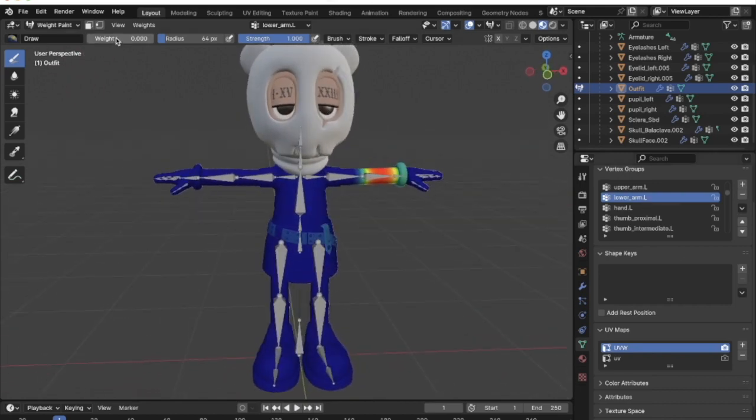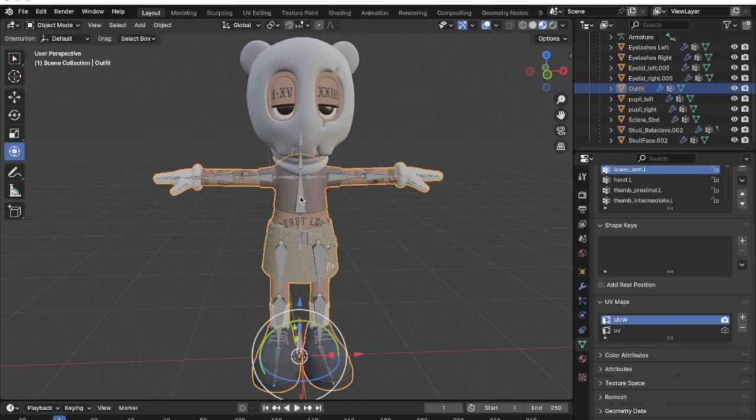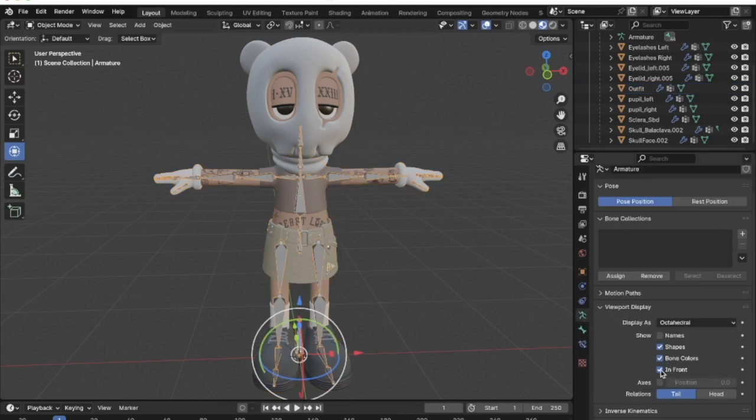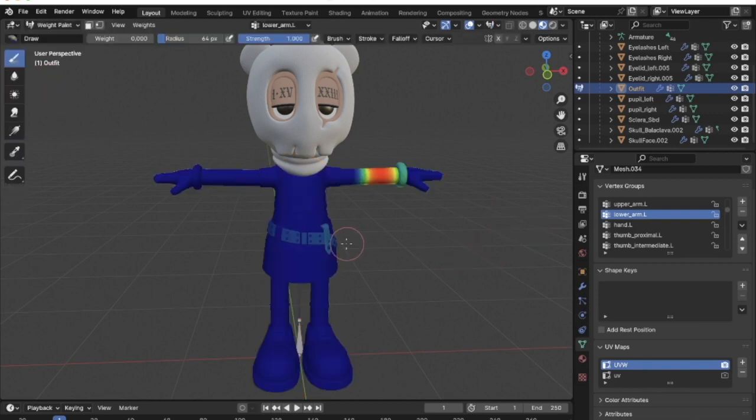And since I'm here, I'm going to just fix this one up right now, and I don't need to see the bones right now. So let's click on the bones, go back to object mode. I'm going to click on the bone and change it. I'm going to untoggle the in front so that they're still there, but they won't be in my way. And then I'll click back on the body, go to weight paint mode, and I'm going to just start cleaning